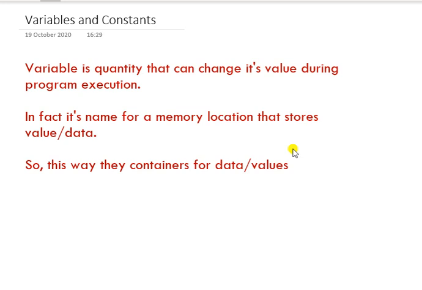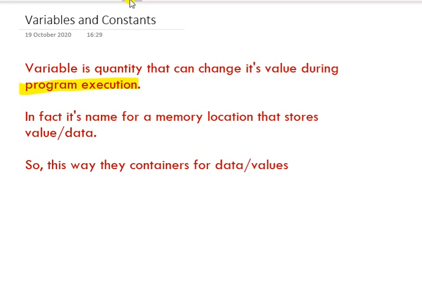What is a variable? Normally when you want to define what a variable is, the name itself tells you: vary means change. So it can change its value during program execution. This term, program execution, is important here. During execution time, if the quantity changes its value, we say it's a variable. Why do we need a variable actually? What is the purpose of a variable?